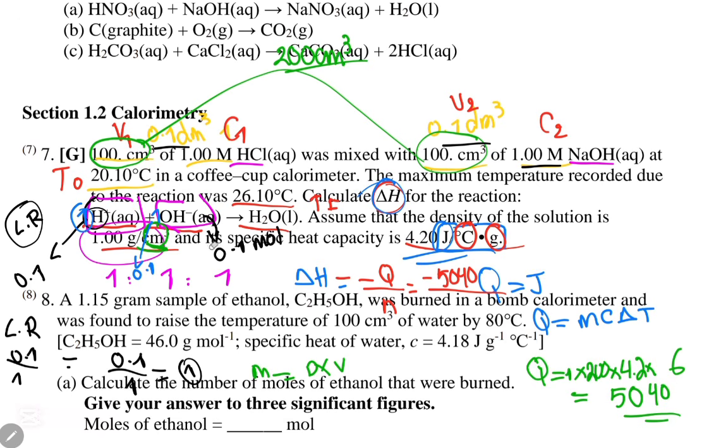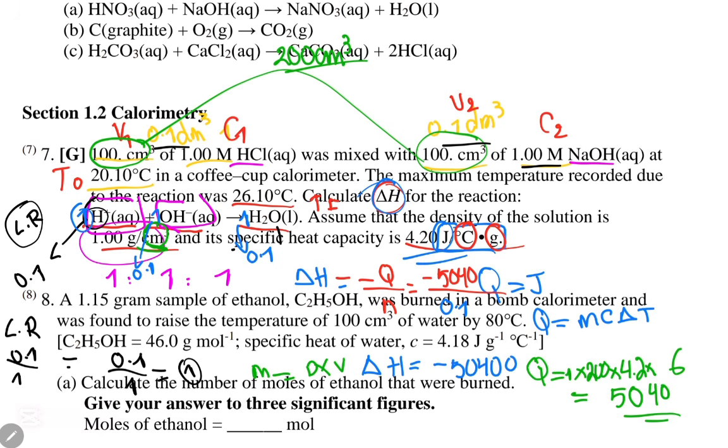How much will 1 H2O give me? 1 H2O will give me 0.1 mole. So now I have the number of moles, which is 0.1. I will get delta H to be equal to minus, let me fix that a bit. Delta H is minus